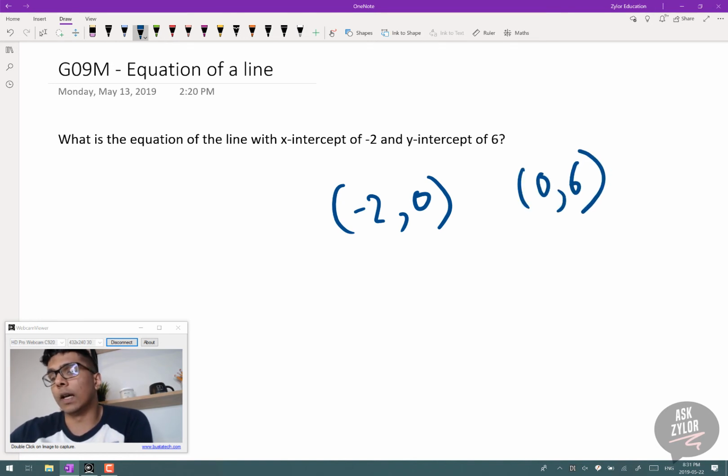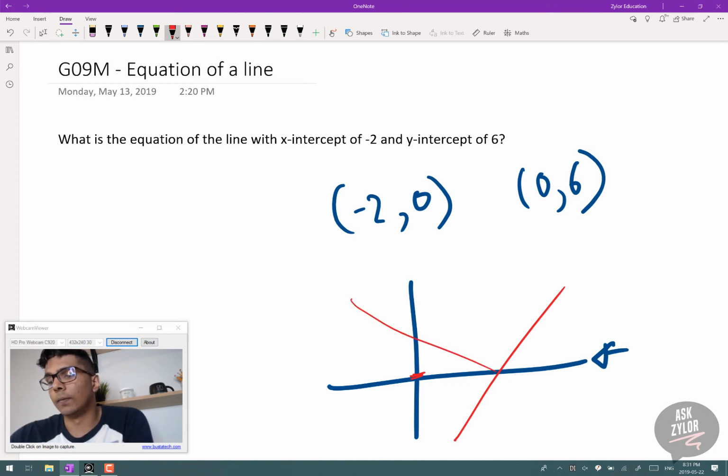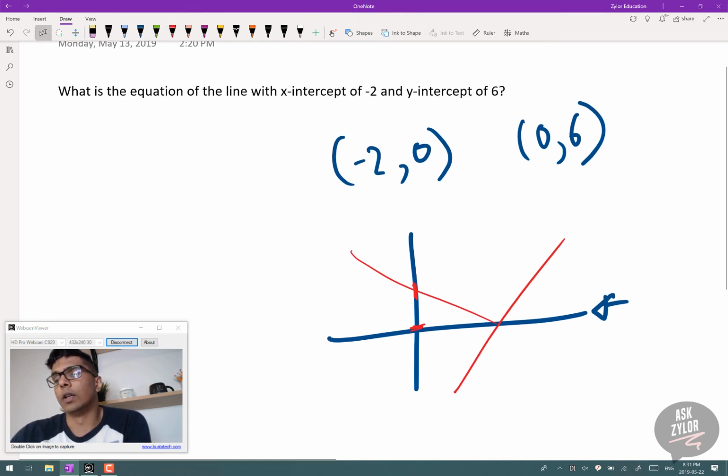How do I know that? At an x-intercept, right, what axis is it going to cross? It's going to cross the x-axis, and any x-intercept will have a y value of 0 because my y value at the x-axis is always going to be 0, right? Similarly, when I'm looking at the y-intercept, it's going to pass the y-axis, and my x value is always going to be 0, right? So I have 2 points,